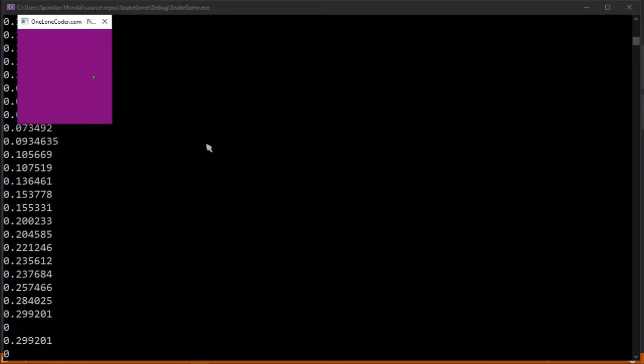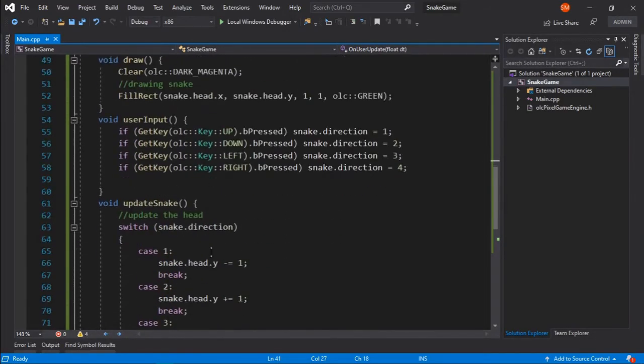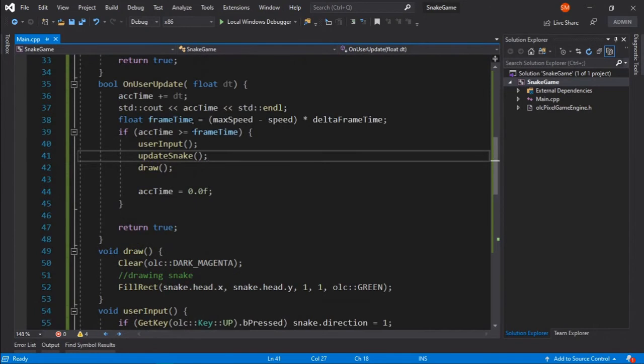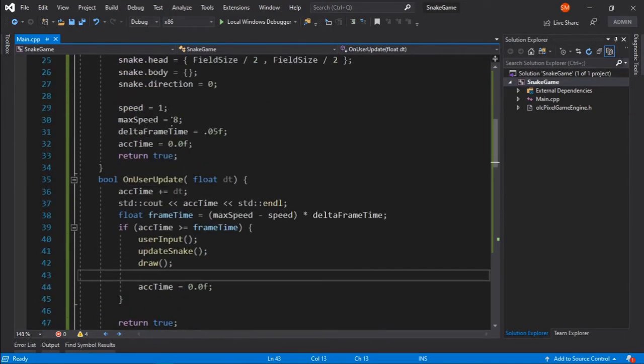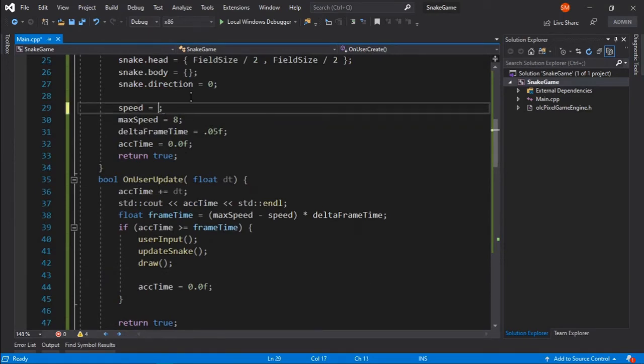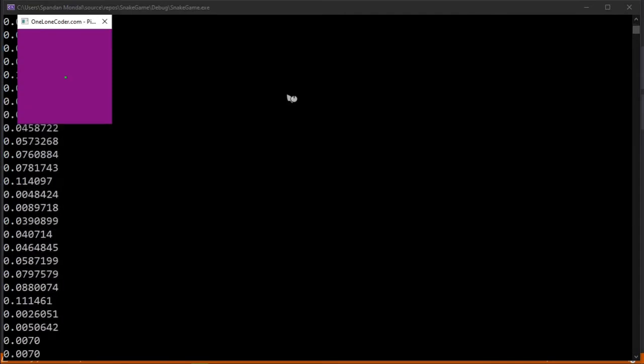When our speed is 1, this is the speed of our snake, going slow and slow and slow, and if our speed is, let's say, 6, then our snake is going much faster than this.